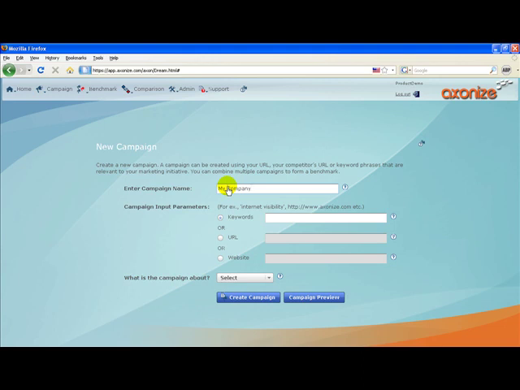We have two options now. The first is to set up a campaign for the entire website, airtightnetworks.com, and all the web pages below it. To do this, we select the website option and then we enter the URL of the website airtightnetworks.com in the text box.